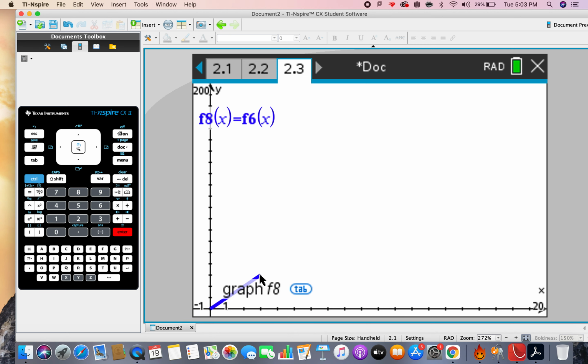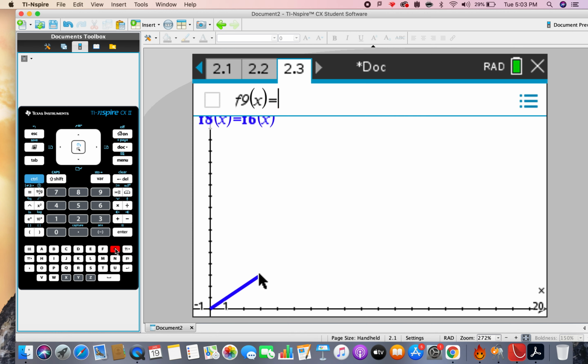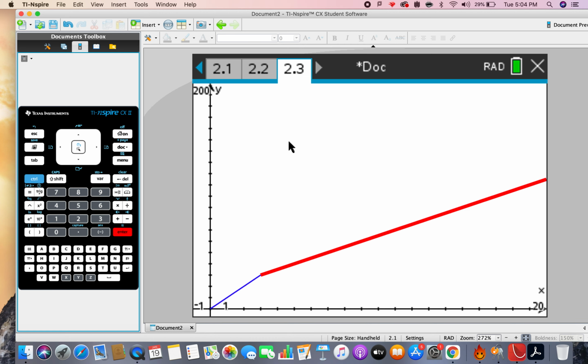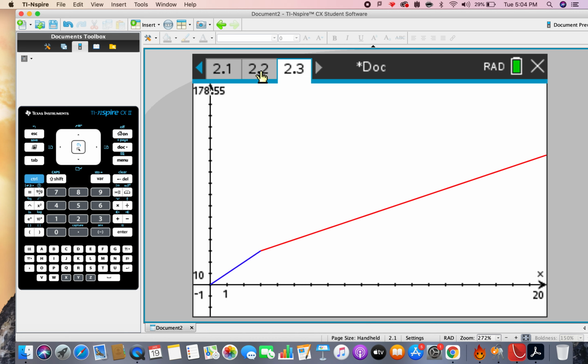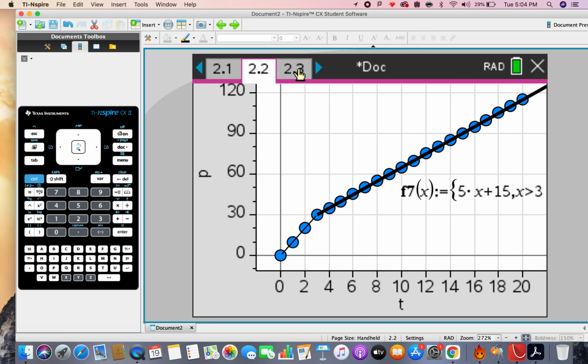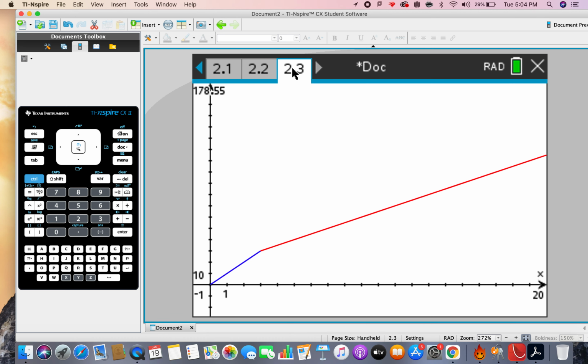Okay, so there we go. There's the first bit of the graph already there. And now if I do Control G, shortcut to plot the graph, I've already got F6 of X. I'm going to type in F7, open bracket, close bracket, X. Fantastic. So look, we've just transferred from our scatter graph here with all the points onto a normal